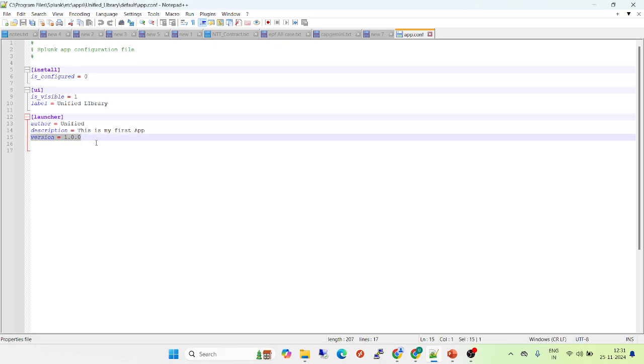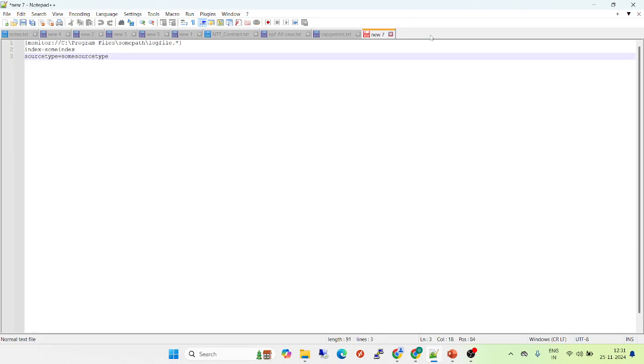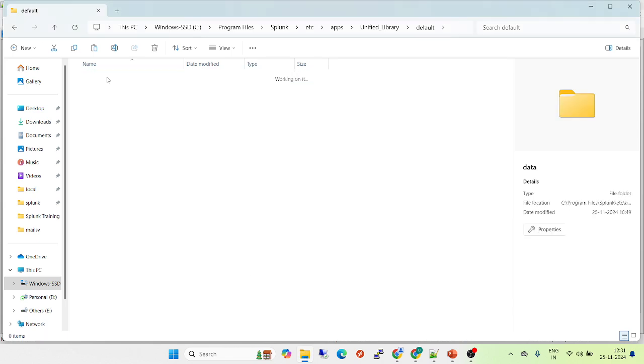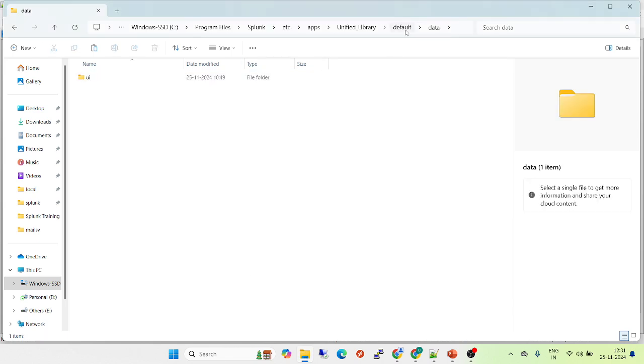1.0.0, so this is the initial format, and next time when you upgrade it, you can make it 1.1.0 or something, whatever you think, a point 1 increase, 2 increase, or 3 increase, according to that. Now for the next configuration, in the same default folder, if I go to data